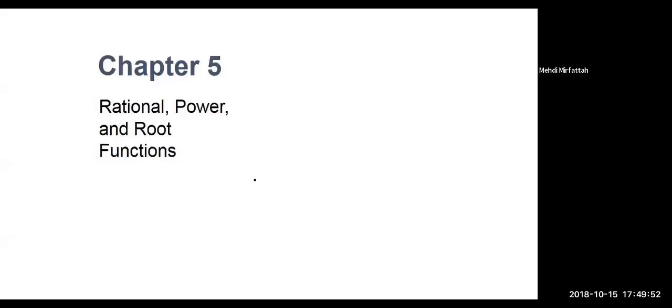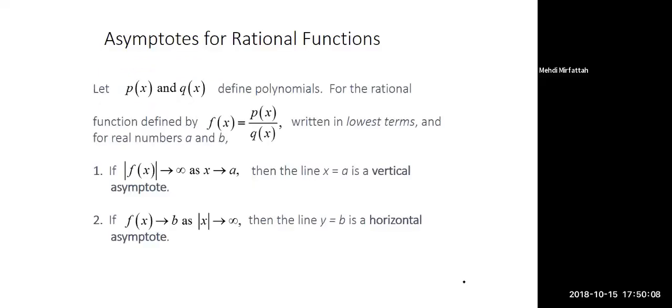Okay, we're going to continue our discussion on chapter 5, rational power and root functions. Now let P of x and Q of x define polynomials. So we have two polynomials, one we call P of x, the other one Q of x. For the rational function f of x equal to P of x over Q of x, written in lowest terms,